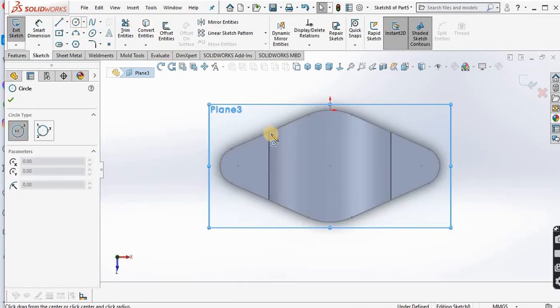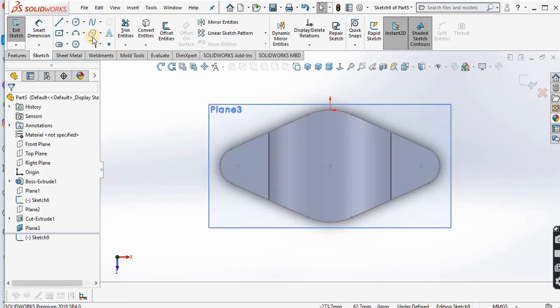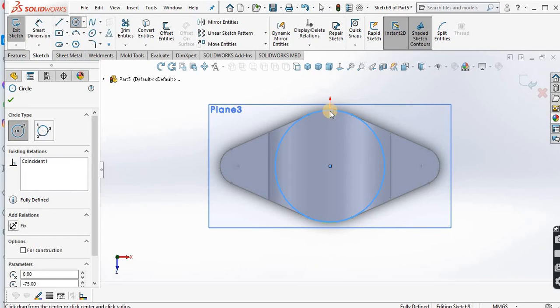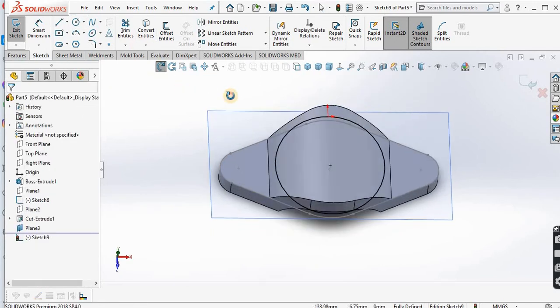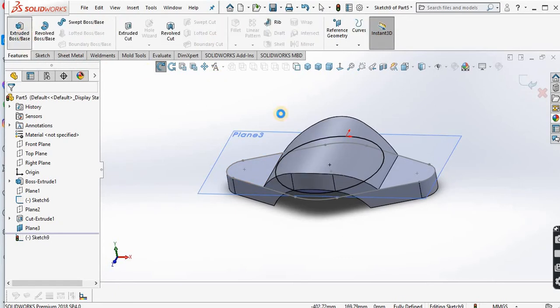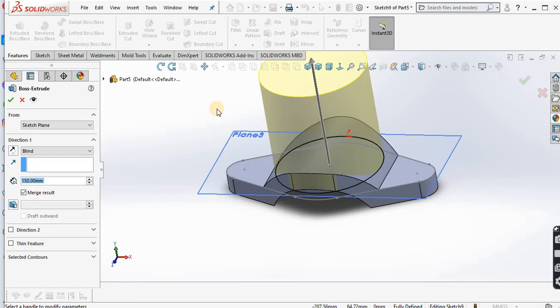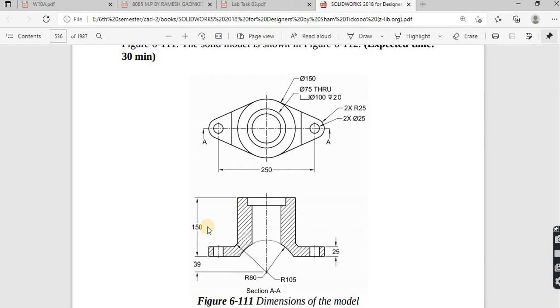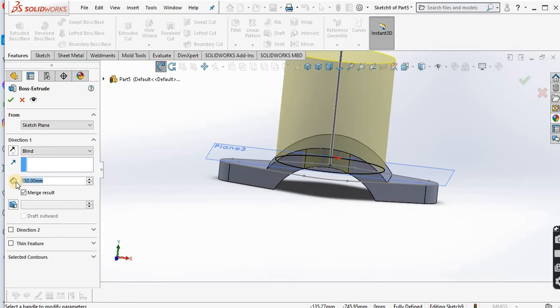We draw a circle. The radius of this circle is 75 millimeter. So now we use the extrude command. So this extrude length is 115 millimeter. So okay,